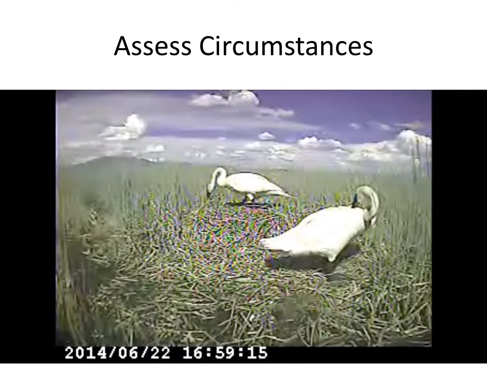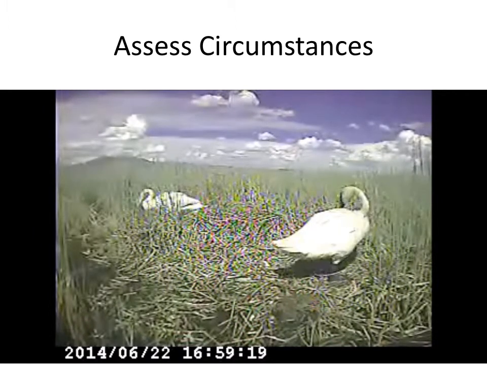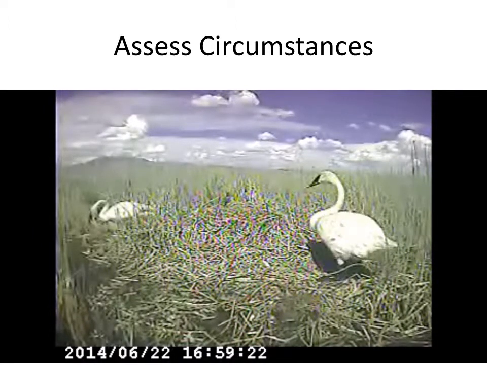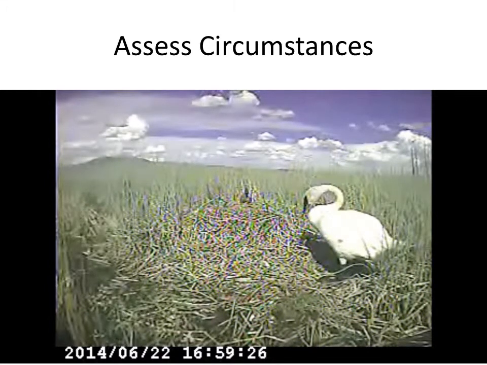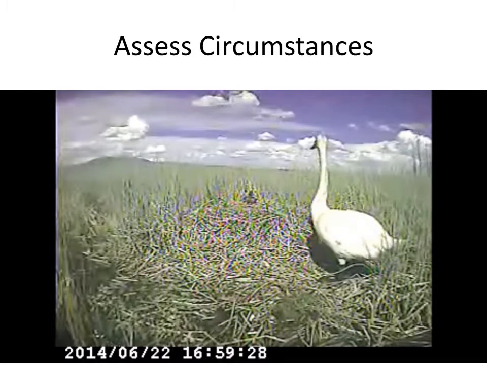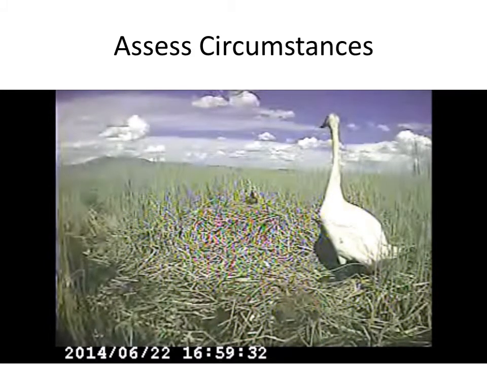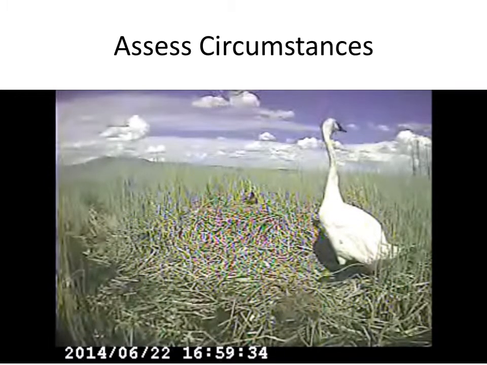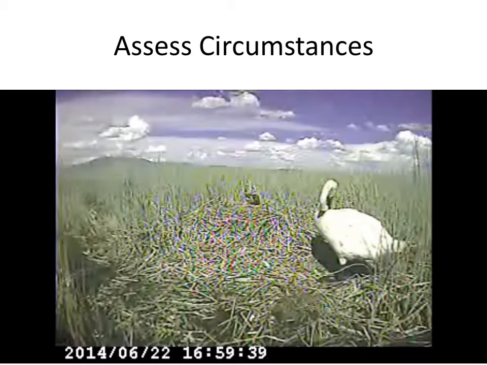We also found that swans are fully capable of assessing their situation and the circumstances. In this video, we see two swans. The one centrally on the high mound is leaving where the eggs are, and the second swan is just standing on the nest. As the swan leaves the egg mound, we see here shortly a mallard come up right here,